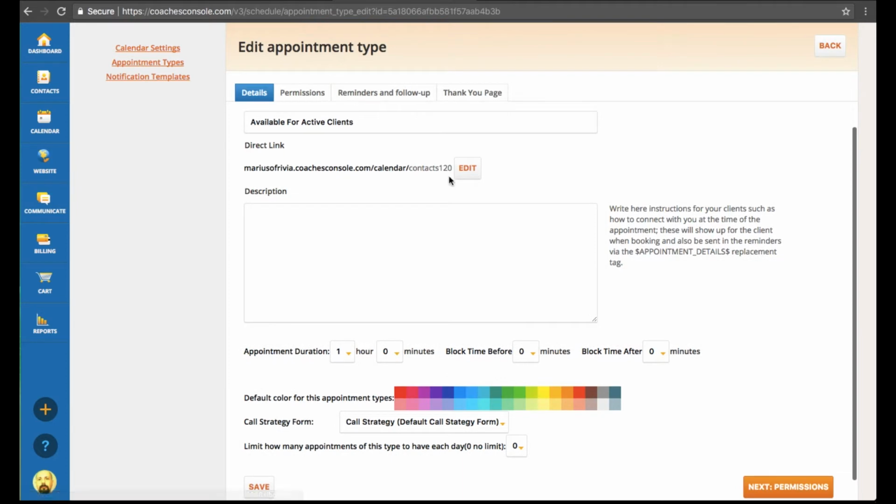In the first tab or steps, there are a number of new features that you can use, like setting up the duration for the appointment, insert a break in between appointments, select a color for the appointment type, how it will look in your calendar when scheduled, assign a custom form as the call strategy form that you may want clients to complete before an appointment, and you can also limit the number of appointments of this type that clients would be able to schedule in your calendar in a day,